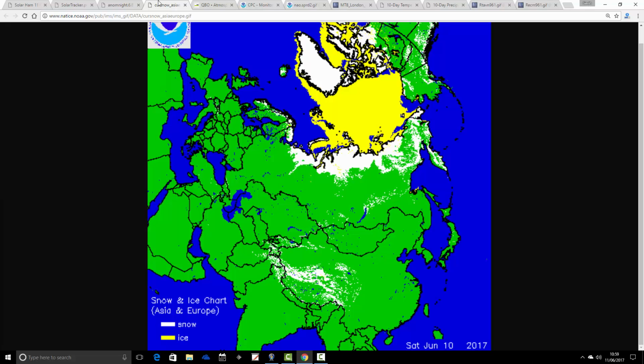This is the Siberian and Eurasian snow cover chart. This is the latest from the National Ice Centre. It's continuing to thaw out across Russia and Siberia, although we do still have quite a bit of snow across northern parts of the Siberian plain. All this is going to go in the next month or so, but I think we have been above trend,